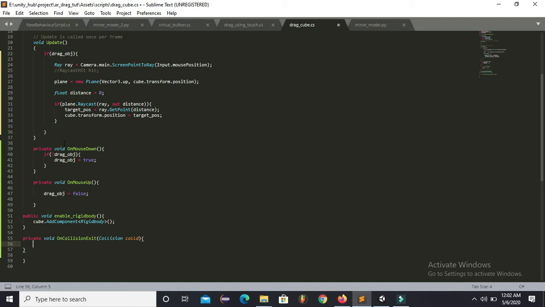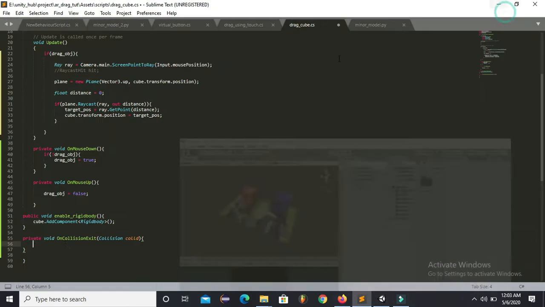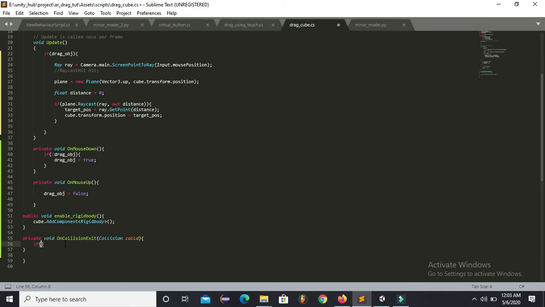So whenever your 3D object loses contact with the target image surface, we want that 3D object to be destroyed. So I am using this OnCollisionExit function. Whenever your game object, your cube, loses contact with the target image surface, this function will be called. So for that I have to put an if condition.